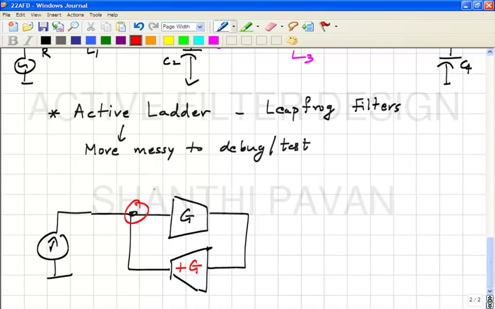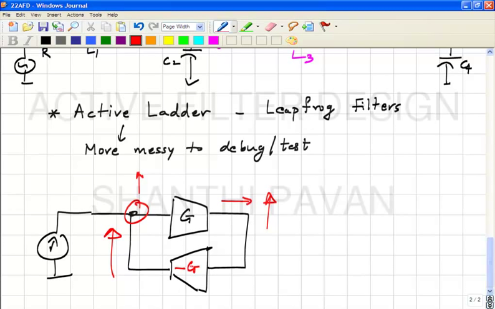If I pump current into this node, the potential will tend to increase. This times G is the current pushed out here. This potential will increase. If this goes up and this is plus G, then this is pushing even more current into this node and the voltage will go up, right? In other words, when you run a DC operating point, you will find that the outputs are saturated to either plus supply or negative supply. On the other hand, if you have chosen the correct signs,